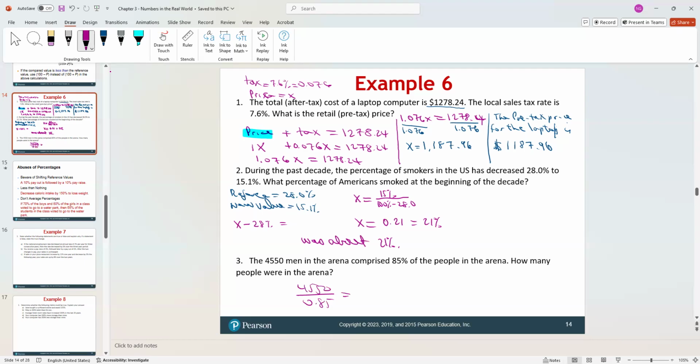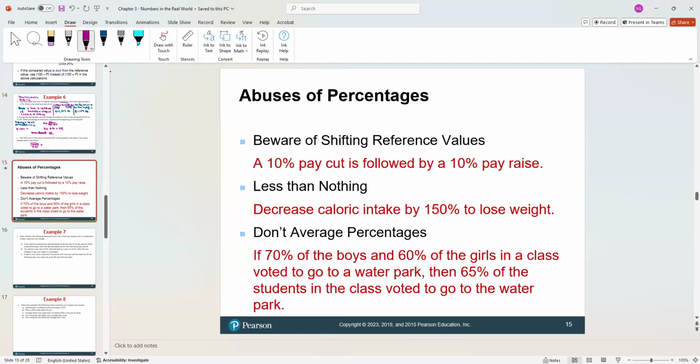I'll let you enjoy it. In the meantime, it's important to review what we call the abuse of percentages, because we talked about it at the beginning. It's very important because percentages can be so subtle. Many people misuse them, sometimes inadvertently and sometimes deliberately. So that's what we're going to investigate in the rest of the chapter.